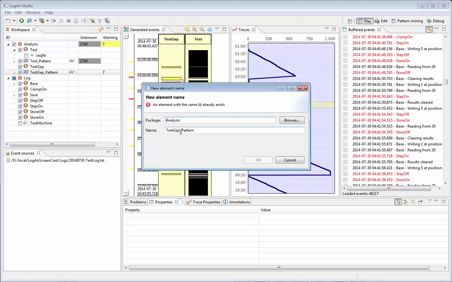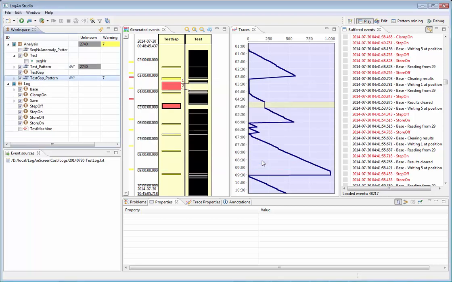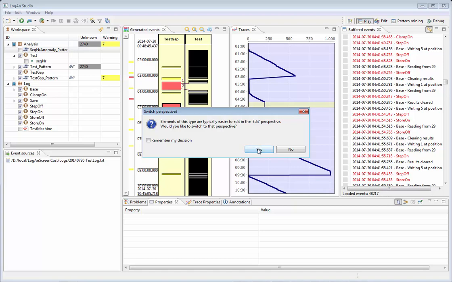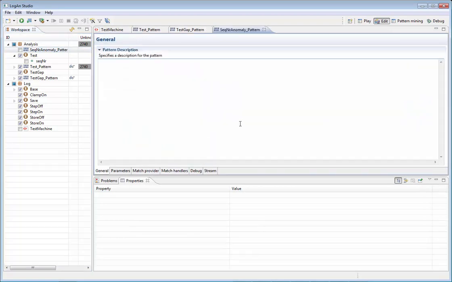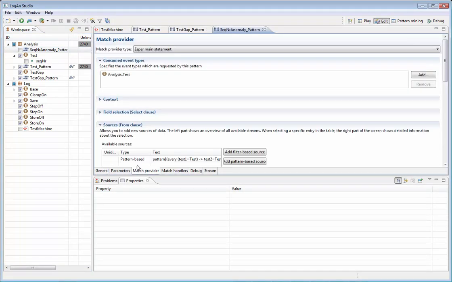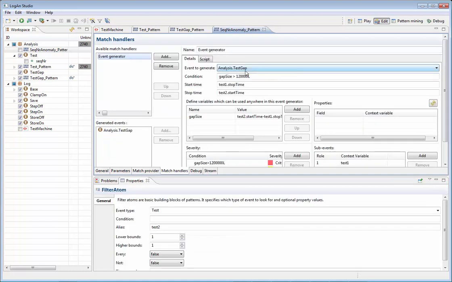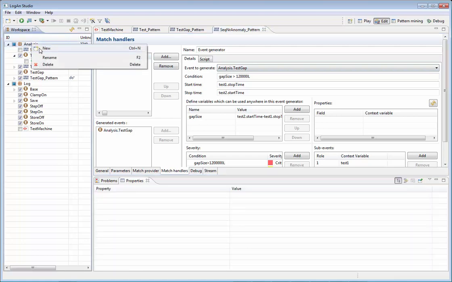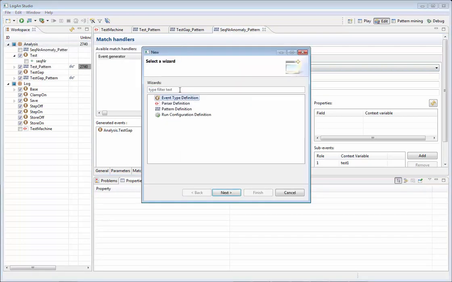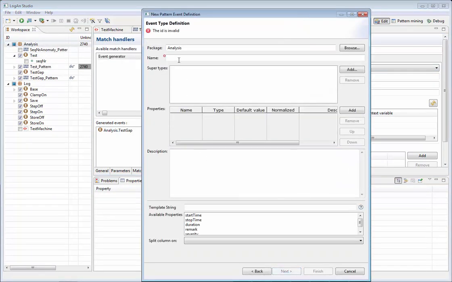And we will rename it and we will call it a sequence anomaly pattern. We open it for editing and we keep most of the stuff. We will in fact only modify the event generator to generate now a new event type, being an event type for the sequence number anomaly. So sequence number anomaly,